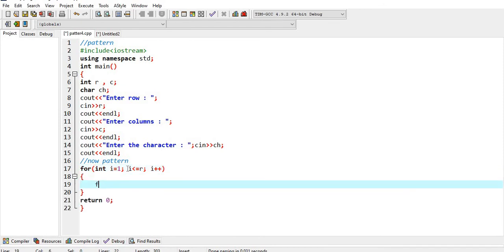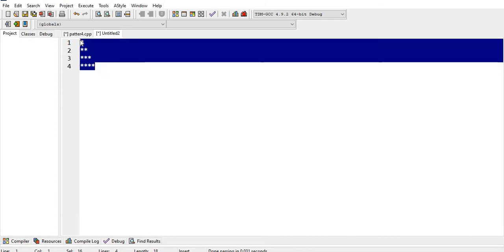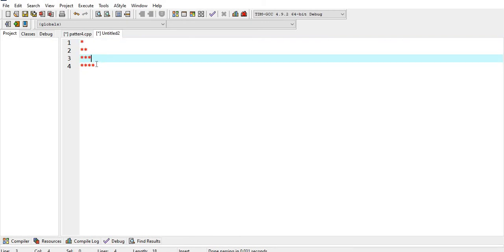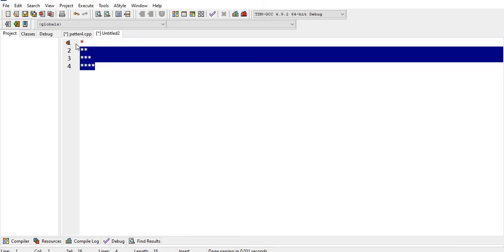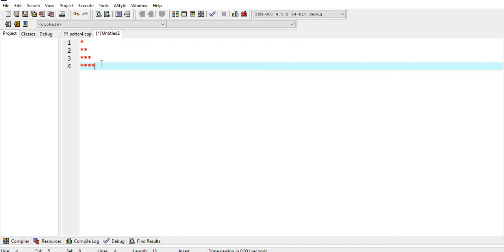For columns, the process is the same. But for this type of pattern we only need rows. This pattern can be printed without columns.